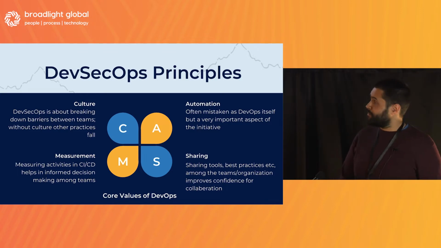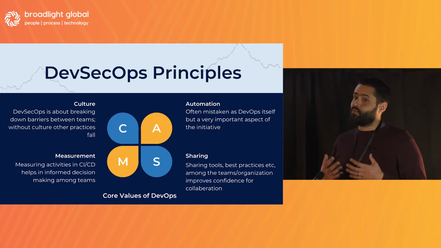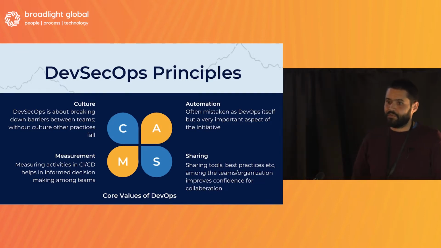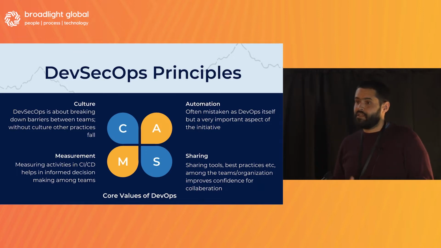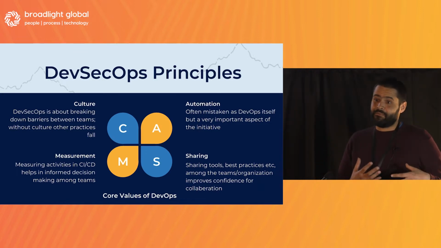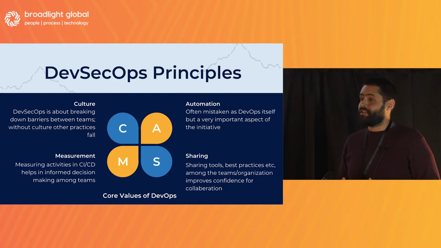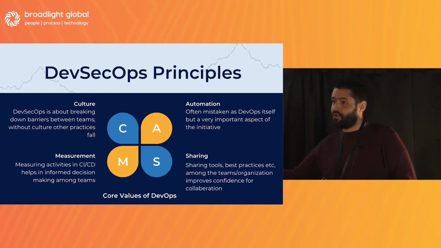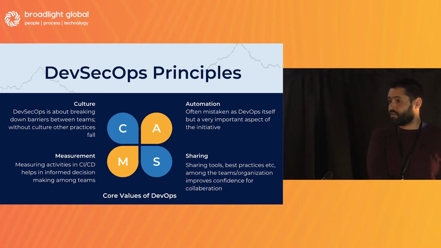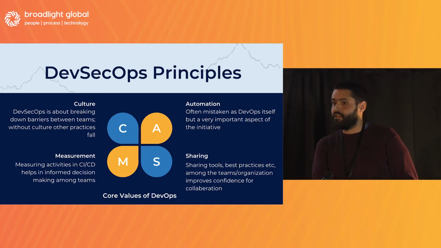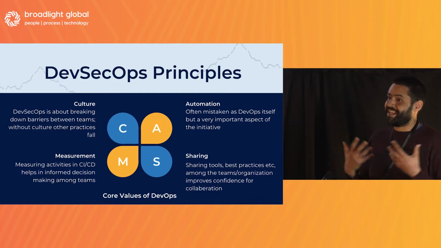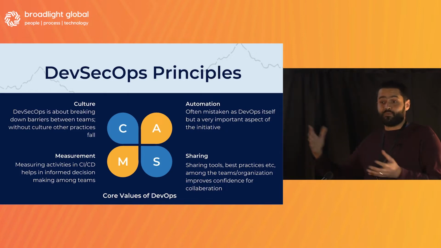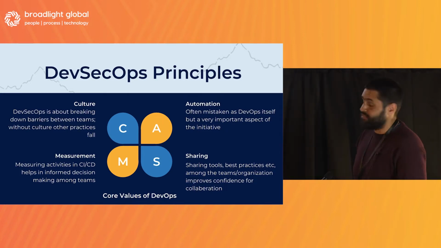The issue with measurements, though, is that we tend to focus way too much on technical types of metrics. One of the things we're going to talk about today is how measurements can be a much more enabling tool if you try to connect different time spans. So what happens for decision making at the executive level, all the way up to what happens to a knowledge worker that is planning for the next sprint. Having an effective way of connecting these different time spans becomes one approach that we'll talk about here today. And finally, on sharing.